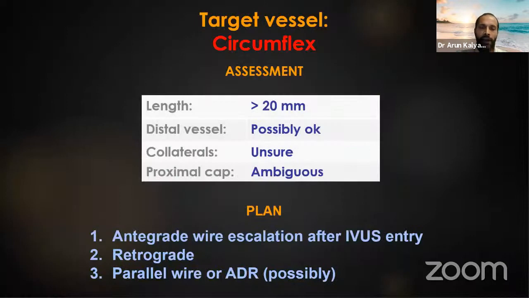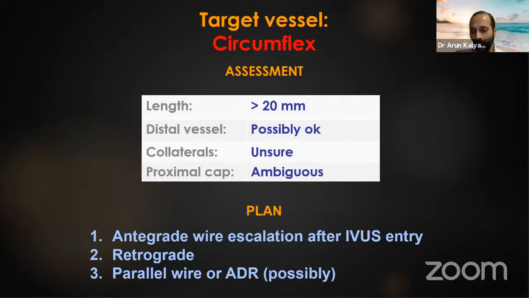Longish lesion and distal vessels possibly okay. There's somewhat of a bifurcation. Collaterals, initially we were unsure, and during the case we realized there were no collaterals, and the proximal cap is ambiguous. So the plan was to start off with antegrade wire escalation after you ascertained where the proximal cap